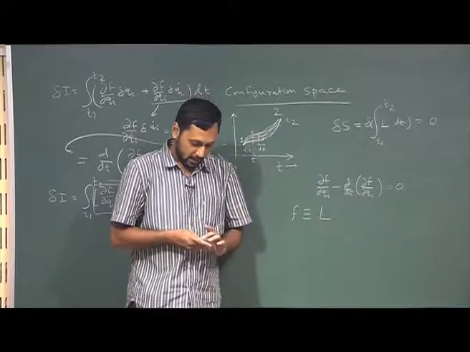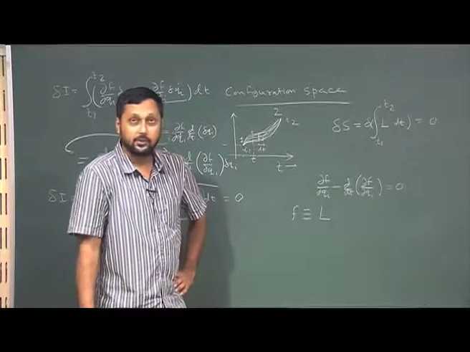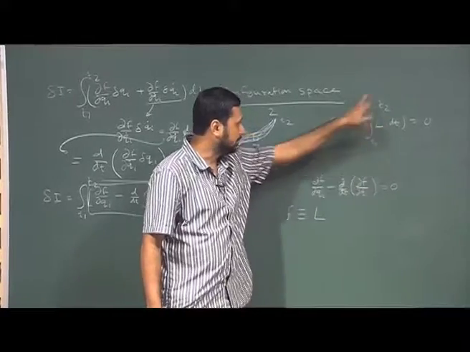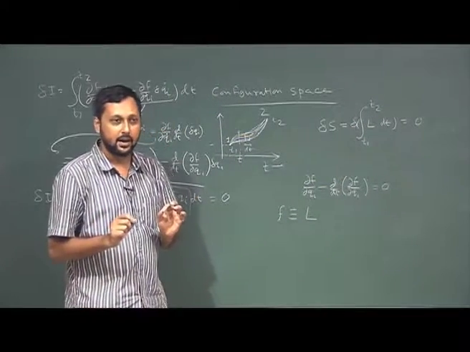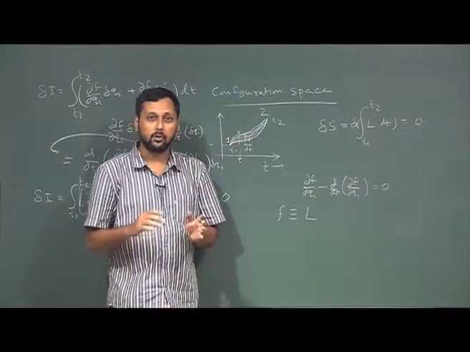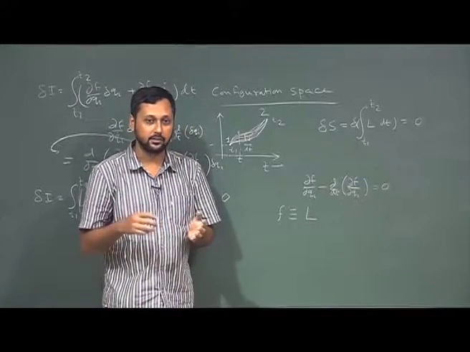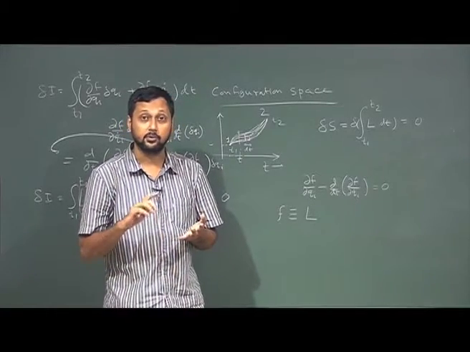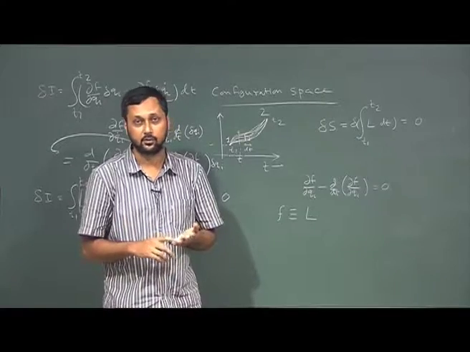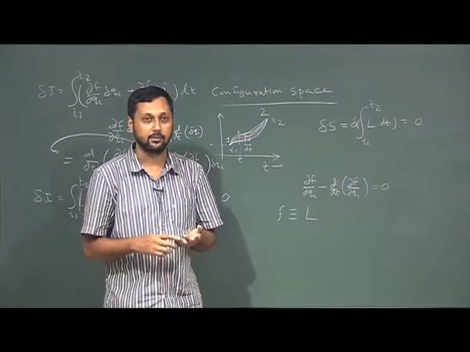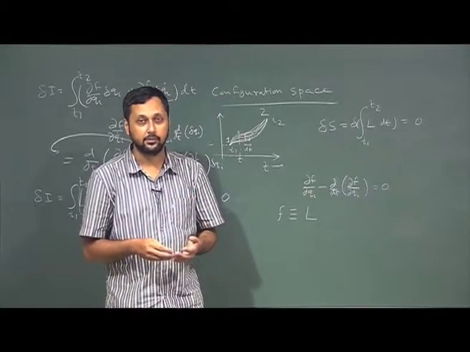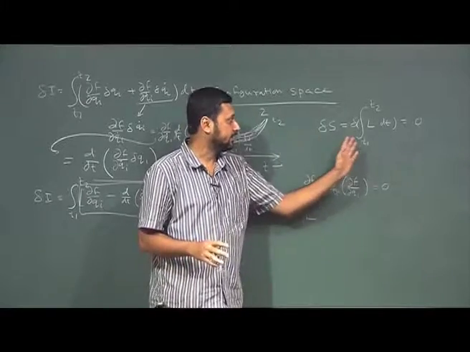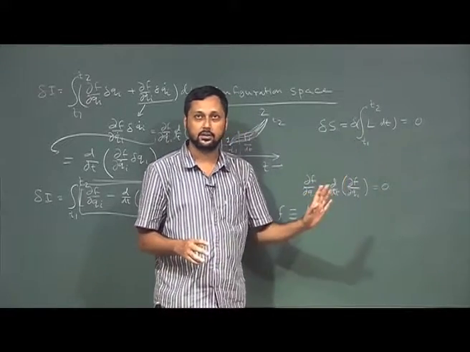Now, this is called the principle of least action, as I have already mentioned. The quantity S equal to the integral of L dt between T1 and T2 is called the action of a system, and it is not only for mechanical systems, but it has been shown later on that these are also equally valid for quantum mechanical systems, and for systems which are moving at very high velocity, towards the speed of light. So, that means in general, systems where general or special relativistic theorems are applicable, quantum field theories are applicable, everywhere this action integration is a very important parameter.